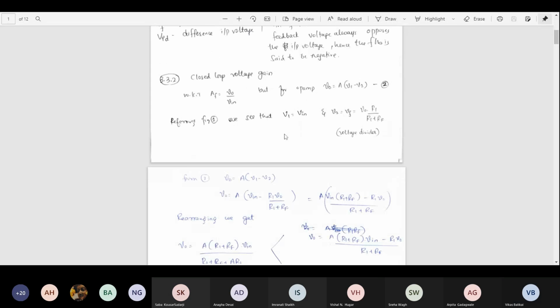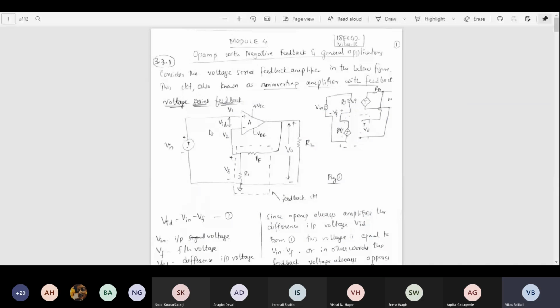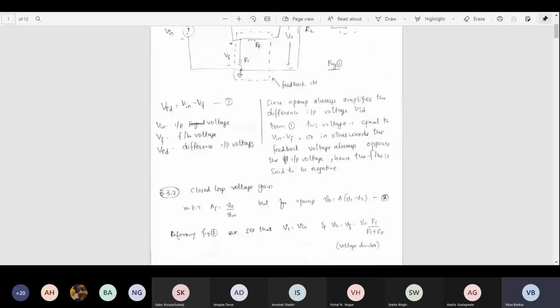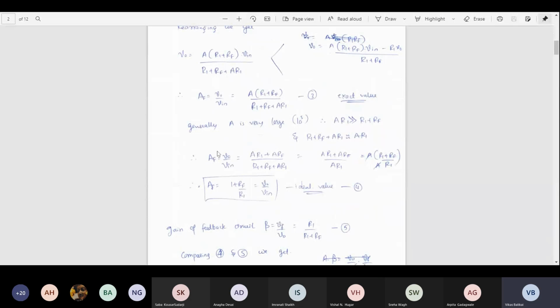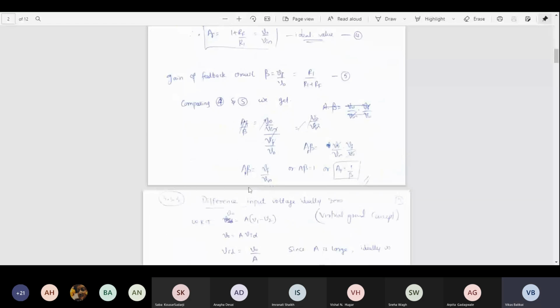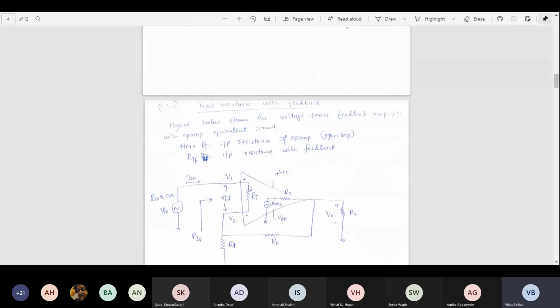Yes, sir. Fine. Okay, now let us try to have a quick revision of what we have done till date. So basically, we have seen how the op amp with negative feedback works. This is what we started with, the voltage series feedback amplifier, and we derived a closed loop voltage gain equation wherein we saw voltage gain can be obtained as AF is equal to 1 plus RF by R1. Now, since this is a non-inverting amplifier, this equation resembles the same equation as what you have learned in your earlier semesters. And then we started with the derivation of input resistance for the feedback amplifier.